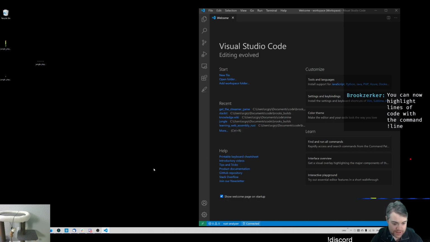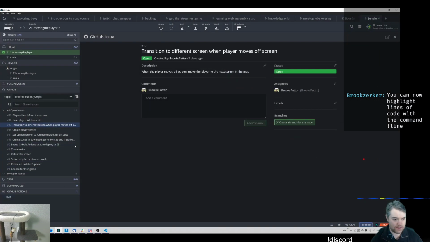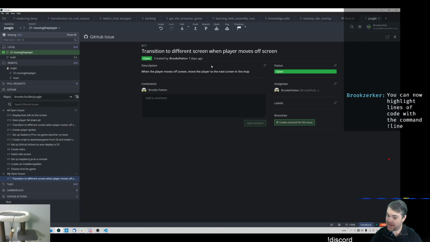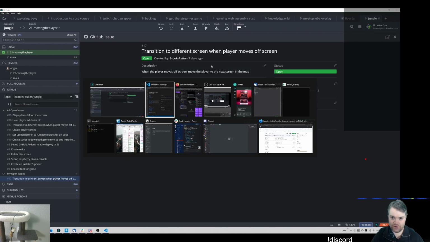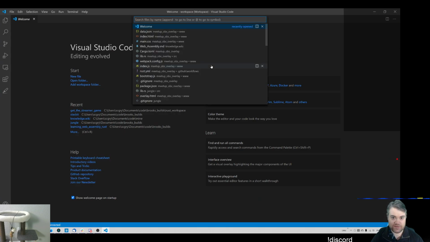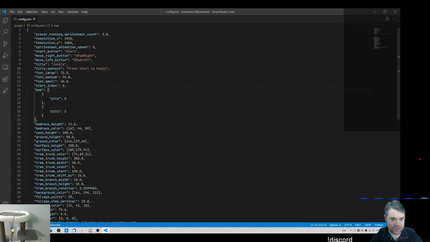All right, so with that, I also want to take a look at what we're working on. I assigned myself an issue right before the stream started. Basically, we're going to do transition to different screen when player moves off screen. So if we take a look at what that means, specifically, if we look at the config.json, we'll notice that